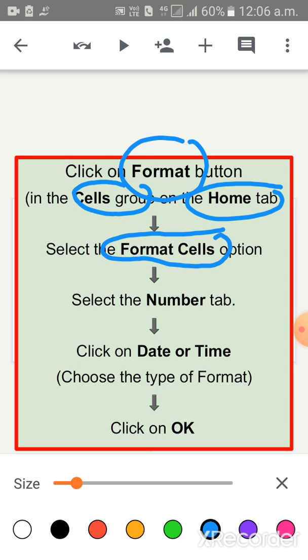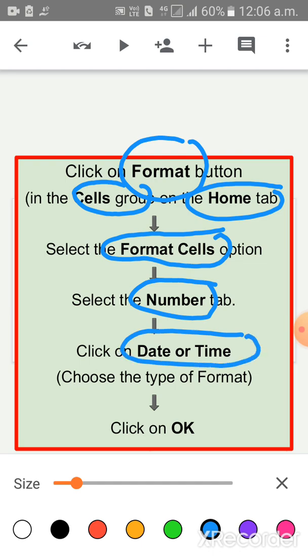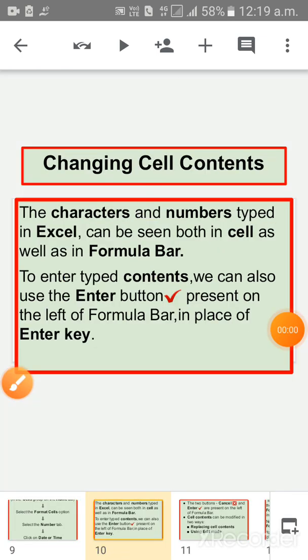You have to select the Format Cells option. After that, select the Number tab. After selecting Number, click on Date or Time. Choose the type of format and click on OK. Understood? Children, come to changing cell contents.